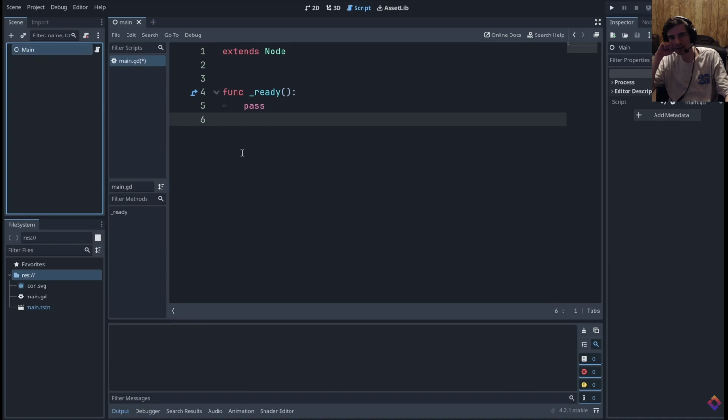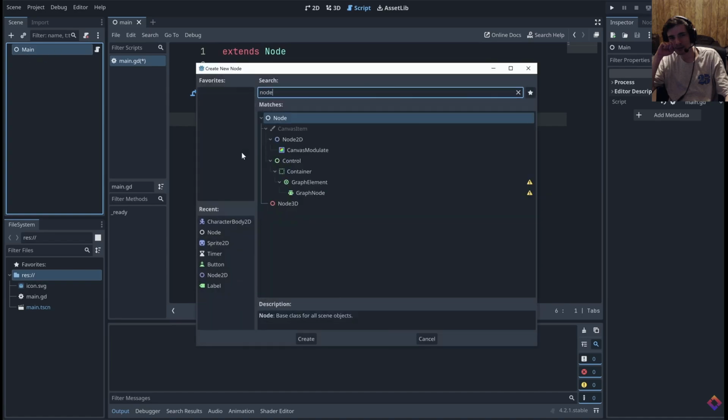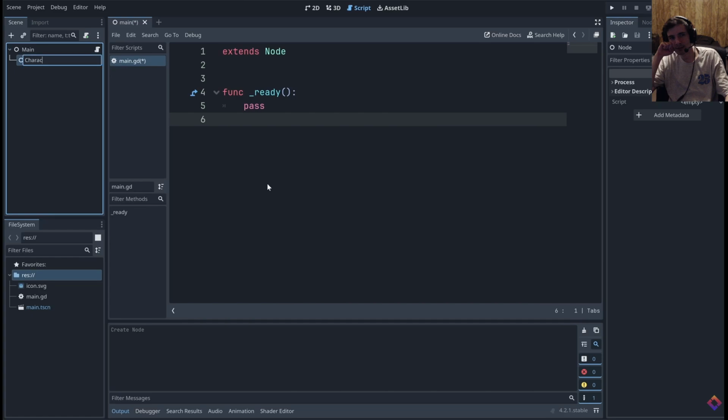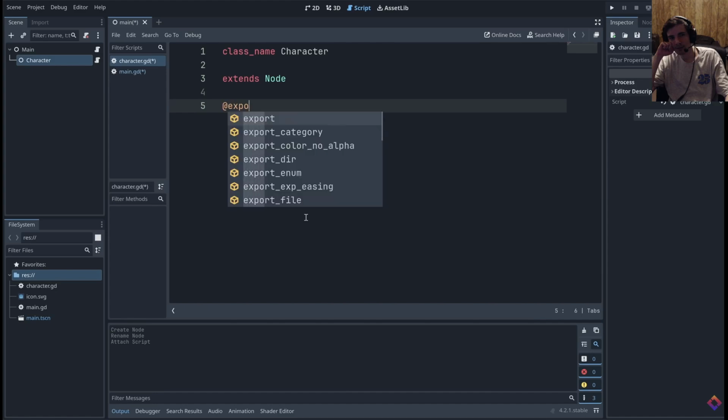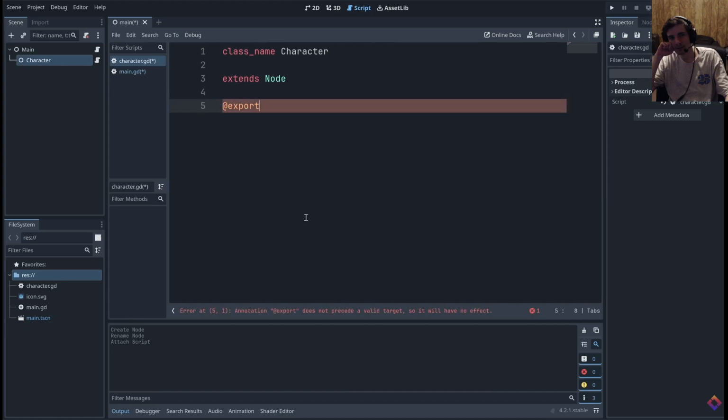So let's abandon our main script here for now and instead create a new node. So search for node and let's name this node character and add a script to it. Now to make it more clear that our script is a class that defines a character, let's set the class name to character. So right at the top here, we'll go class name character with a capital C. And we can now add some variables. We'll mark these with export so that we can set them in the inspector for each character instance. So export var. Let's add a profession of type string and give each character a health as well of type